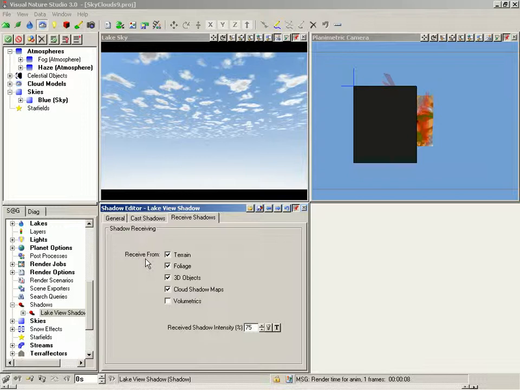So shadows have two parts. The clouds have to be set to cast them, and the terrain has to be set to receive them. We're not going to enable shadow casting for our clouds because it's something we won't see but will take up render time. Open the Lake Sky pop-up menu